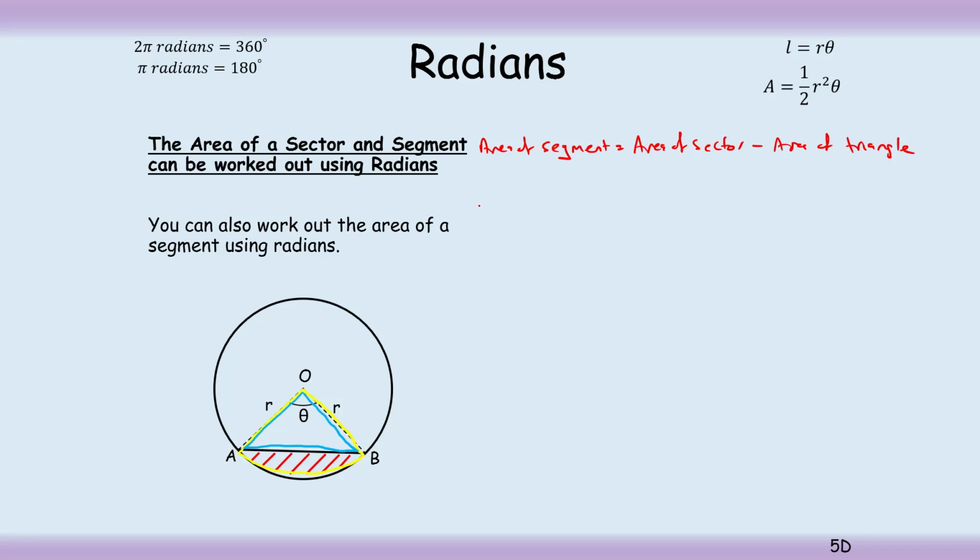So the area of the sector first, the sector AOB, that's going to be equal to a half r squared theta. Yep, so we've got our r there and theta. And the area of the triangle then,